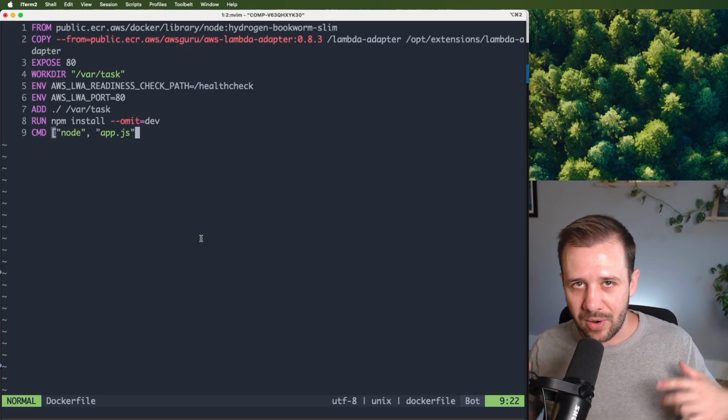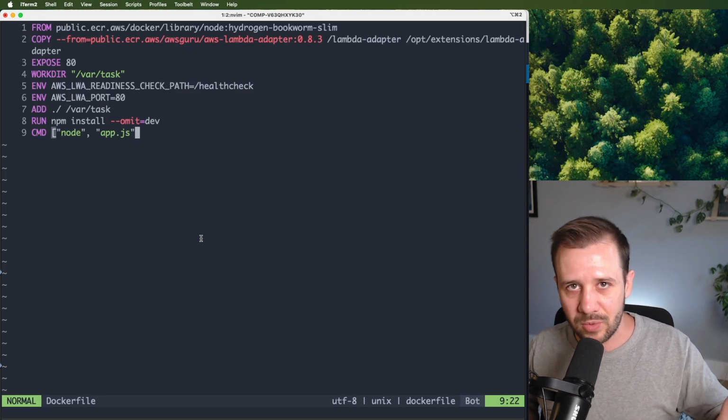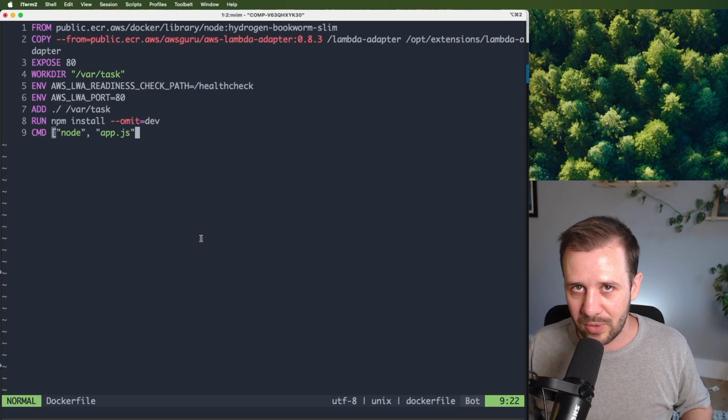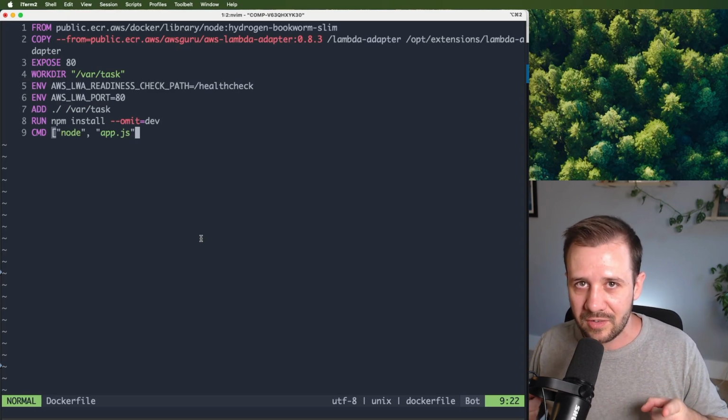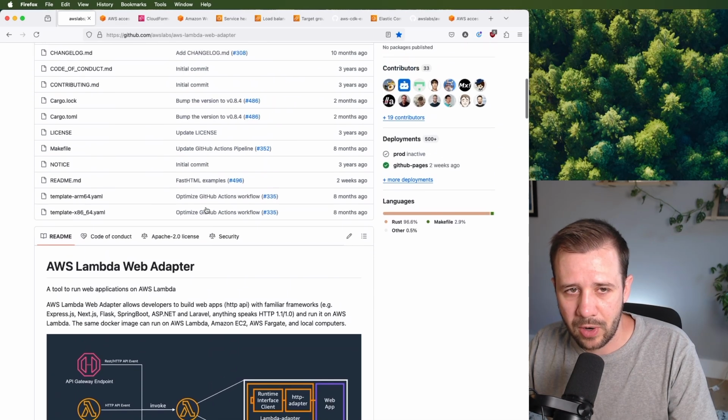And I'll show you how you can create the exact same Docker image, the exact same application, and ship it to both a serverless runtime and a totally server-full runtime and get the best of both worlds. Let's dive in. The first thing to know about what I'm using here is an open source project called the